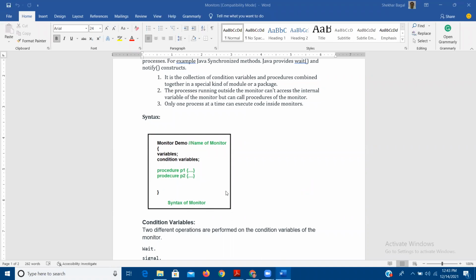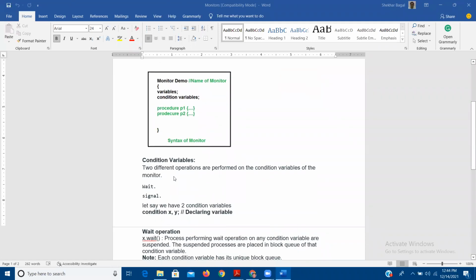Each procedure is started with an opening bracket and ended with a closing bracket. Then the closing bracket of the monitor. This is the syntax of the monitor.